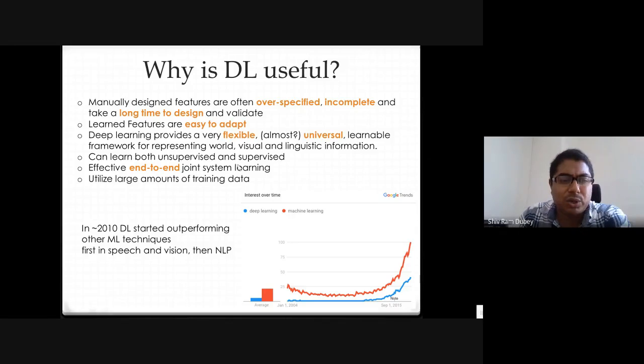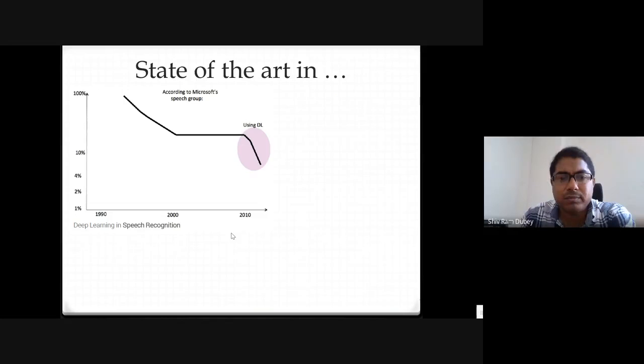Now if you see the growth of interest in machine learning, this graph shows that on and around 2010 and after, a lot of interest has been generated in the machine learning area, basically due to deep learning. First it started in speech, then in vision, basically in 2012, and even now in NLP these deep learning based techniques are very heavily used. So again, this is the state of the art, for example deep learning in speech